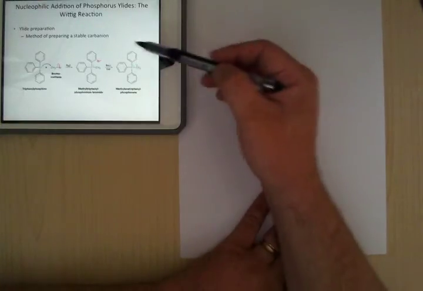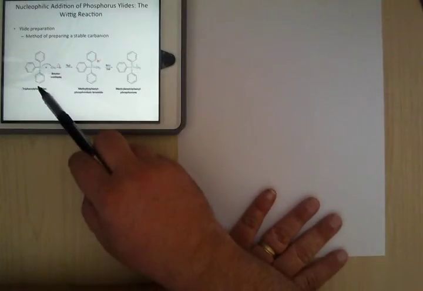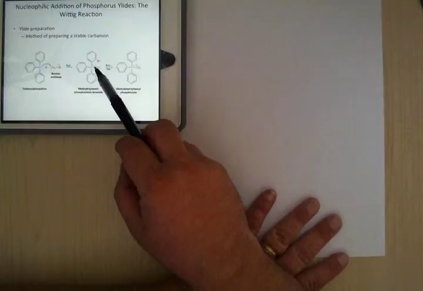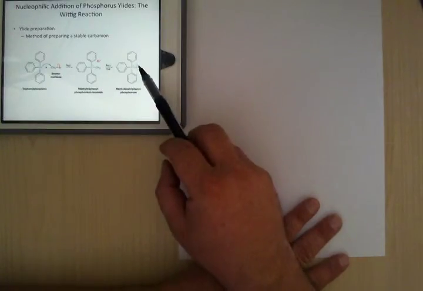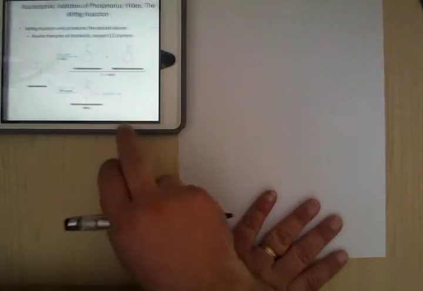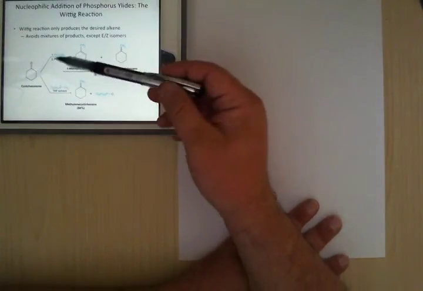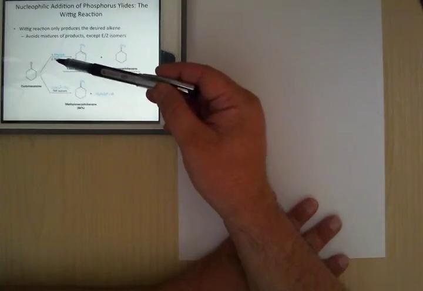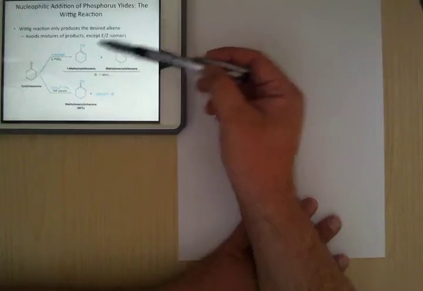So you take triphenylphosphine, add whatever carbon group you want, then add a little bit of base, and you make that. But the nice thing is, if you were to do this directly with a normal Grignard, because you think, oh, that's just like a Grignard, what you would end up with is